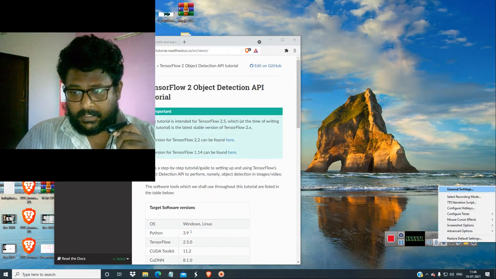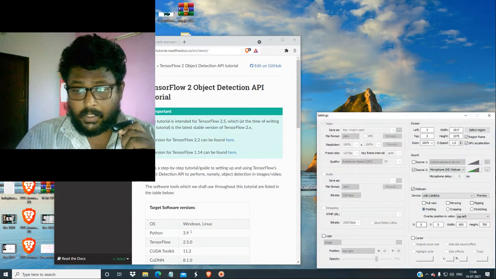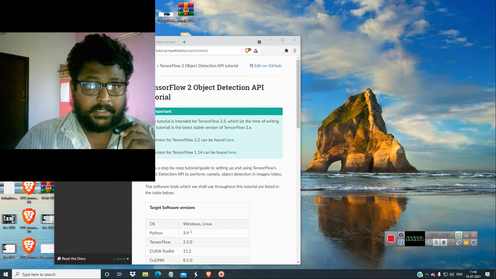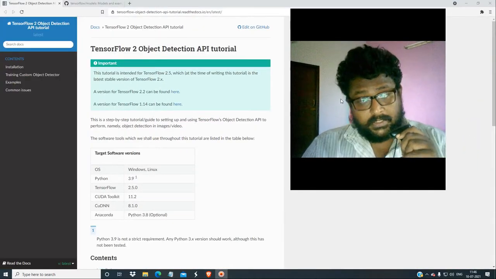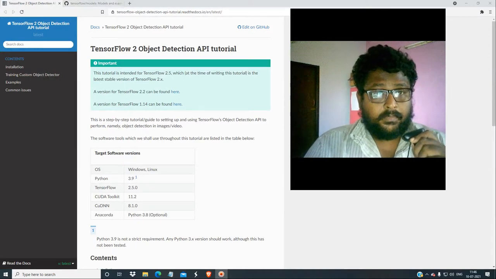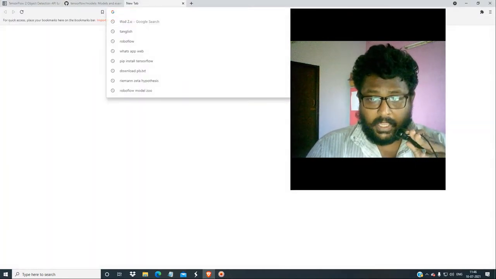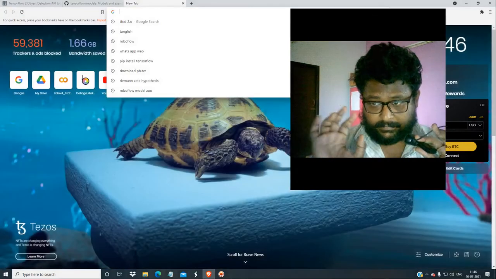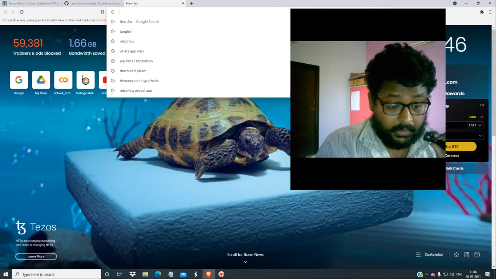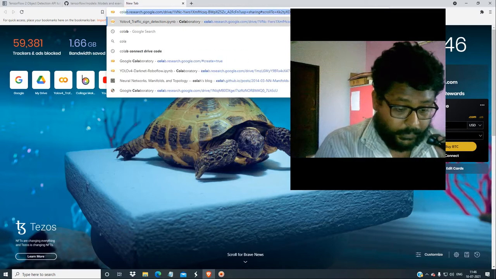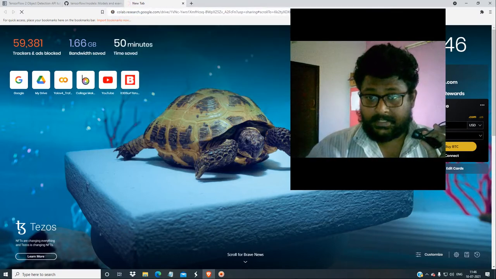And friends, welcome. So today we are going to install TensorFlow, and we are going to do it on Colab, and we are going to prepare the data set. Data set preparation is one of the most important steps. So let's go to the Colab. Let me tell you how to do it step by step.